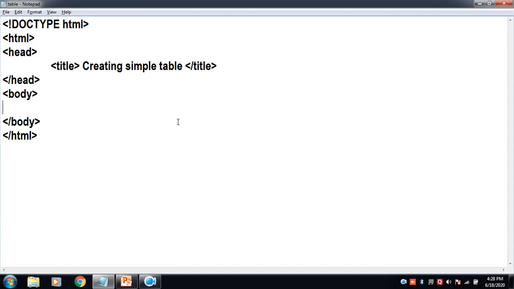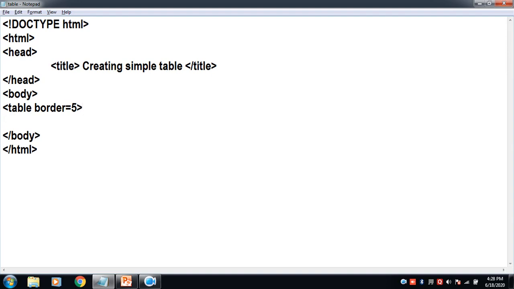To create any table structure, we need to include the first tag, that is table tag. This tag needs to have a compulsory attribute as border. Table border, let's set it to 5. Now when we give this value to the table's border, we will get a border for the table.